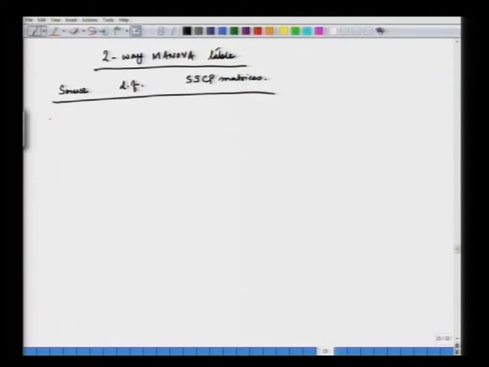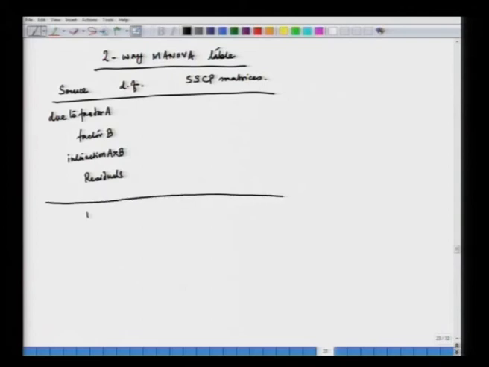So, first the source of variation due to factor A, then factor B, then the interaction AB, then we have the residuals, and all these add up to the total variability present in the data,